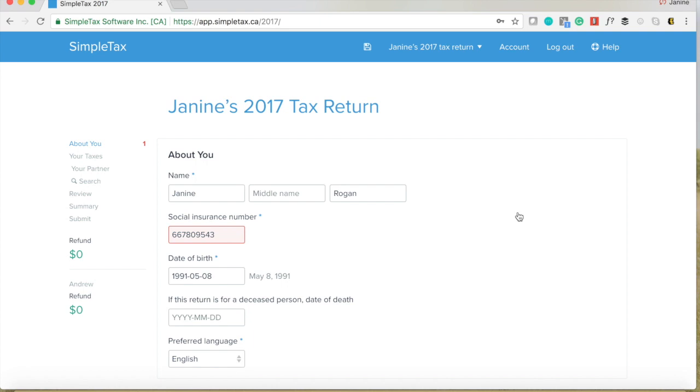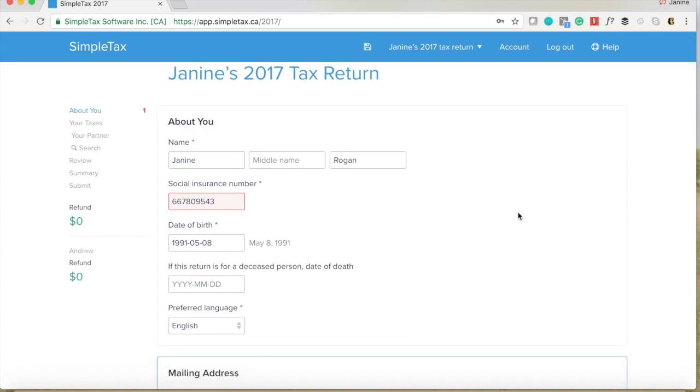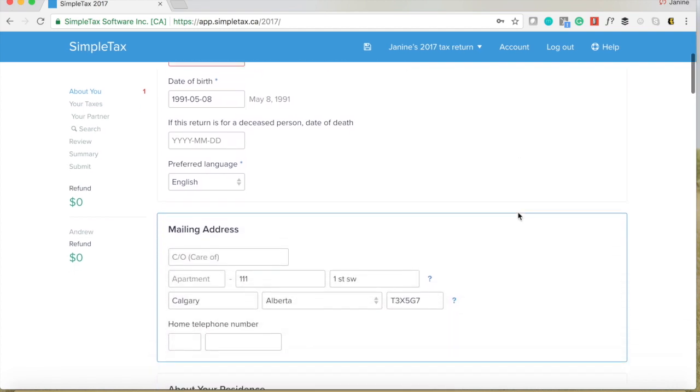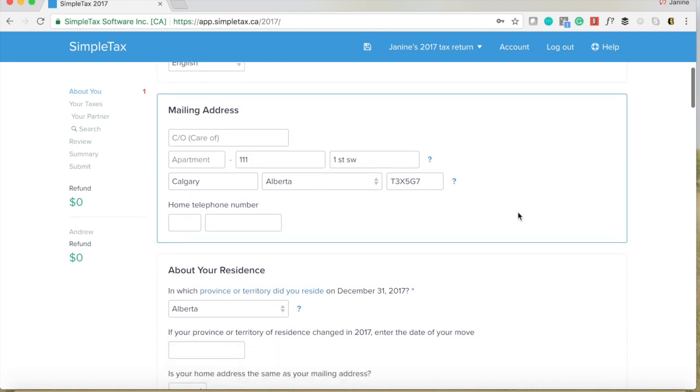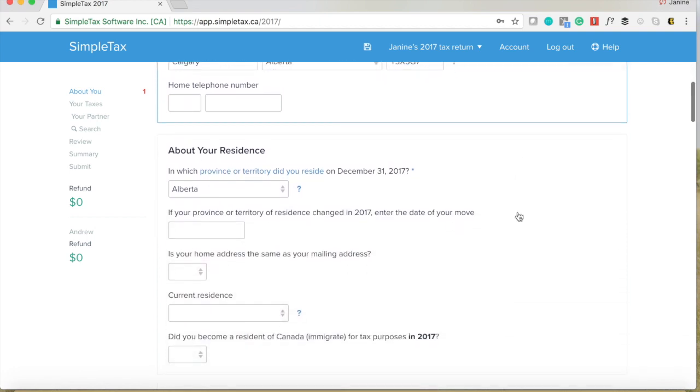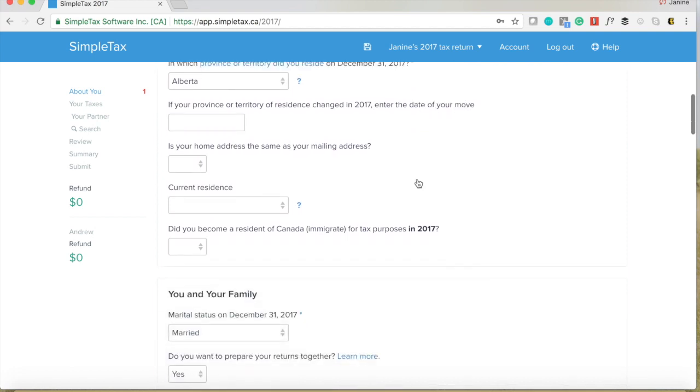Once you create a profile on SimpleTax, you'll be asked to fill in a lot of your personal information. This is my real birthday, so if you want to send me a birthday card, I'd be happy to receive it. This is not my real address, so unfortunately, I guess you wouldn't know where to send it. SimpleTax is going to prompt you to answer a bunch of mandatory questions that are denoted with the asterisks,